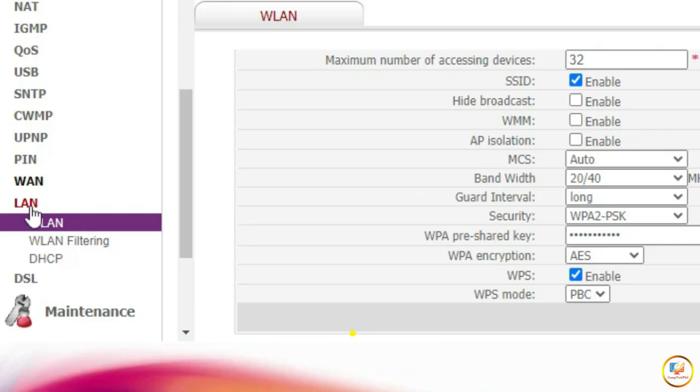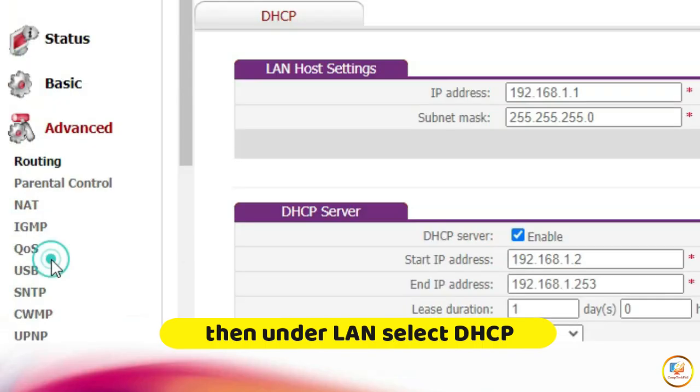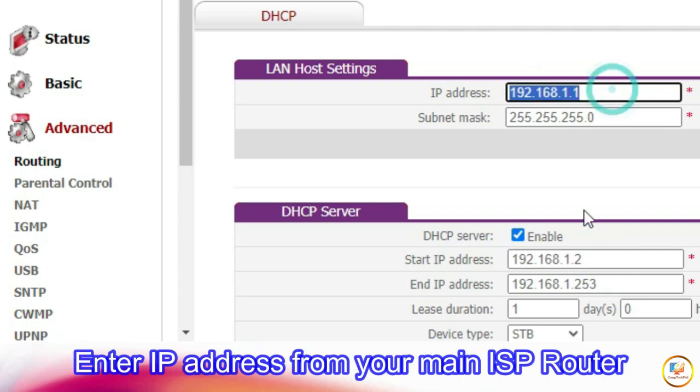Now from the LAN menu, we can see wireless LAN, wireless filtering, and DHCP. These are the three options. We are going to proceed to DHCP. So this is our default DHCP server IP address, the default gateway. This is our LAN IP address.